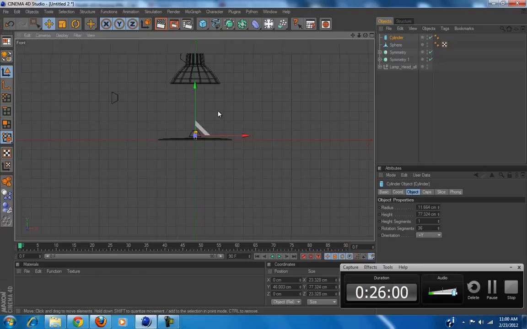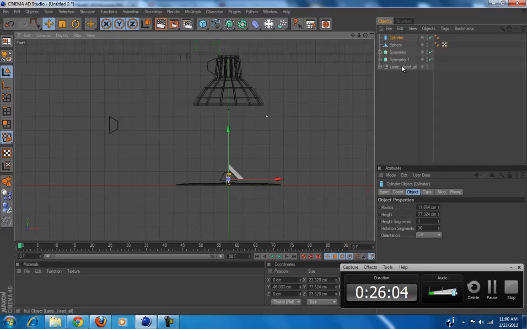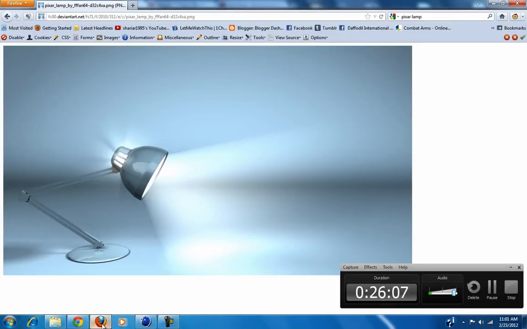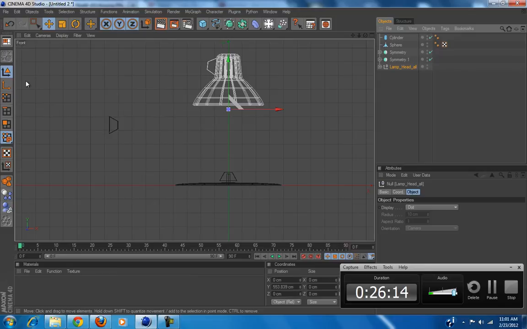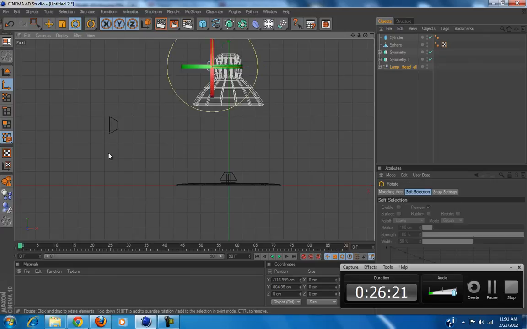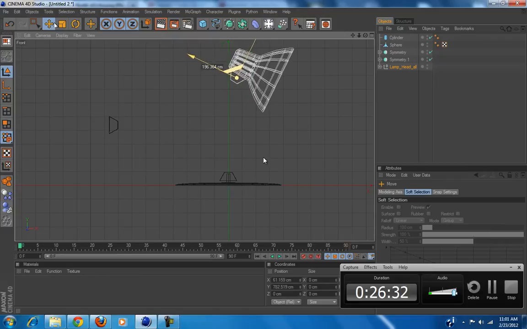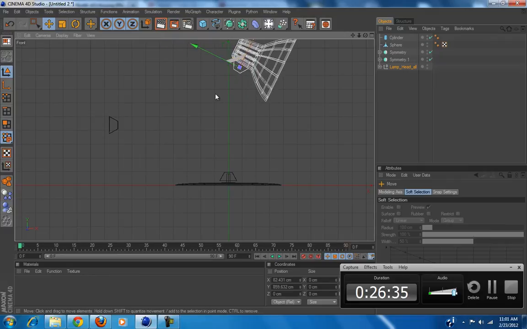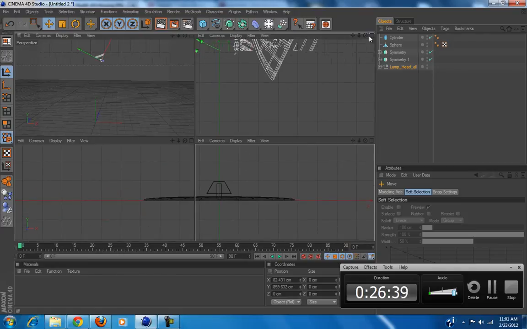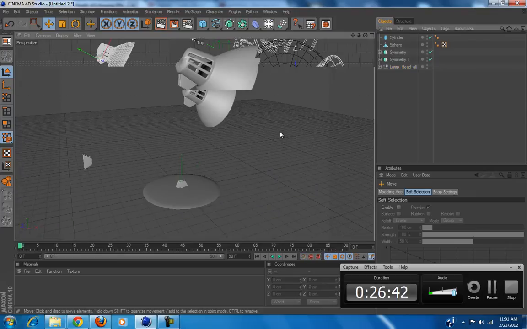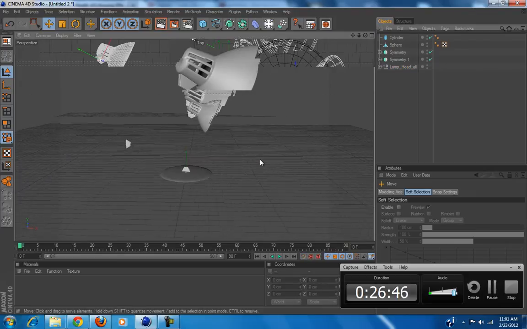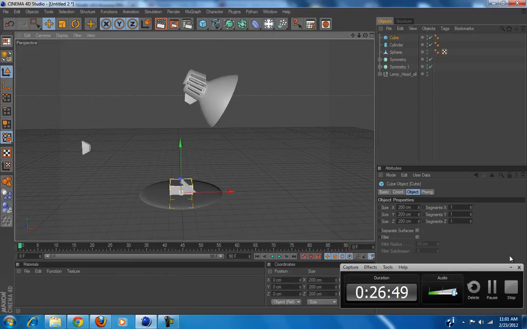We have done almost all of our work, and let's rotate our lamp head to looking this way. So just take this. We're gonna change this axis to about right here, and just make it look that way. And this looks about right. So as you can see, we have our things correctly placed, kind of. So all we're gonna do is add like a couple of cube objects, and